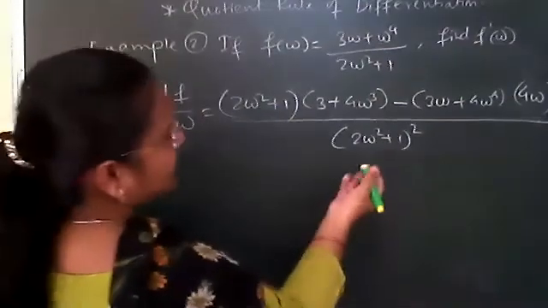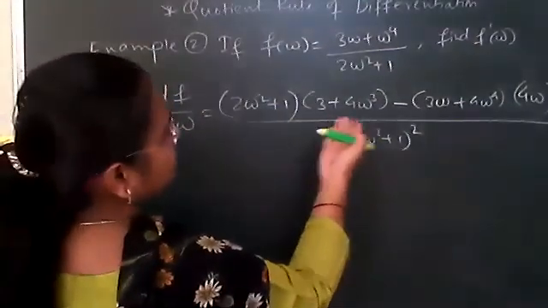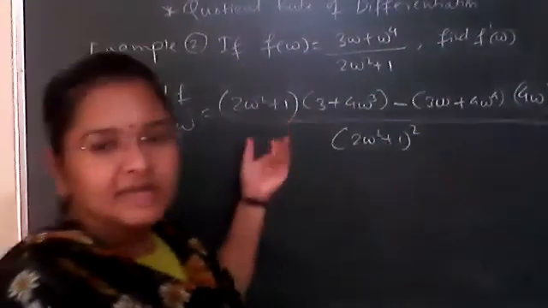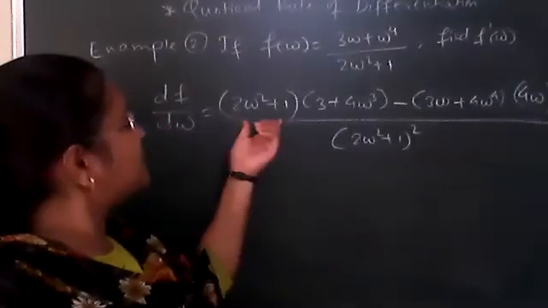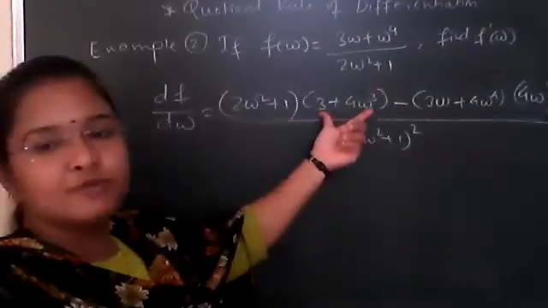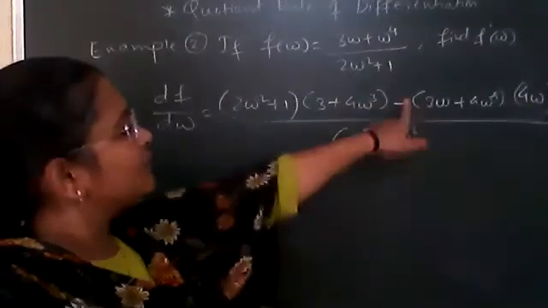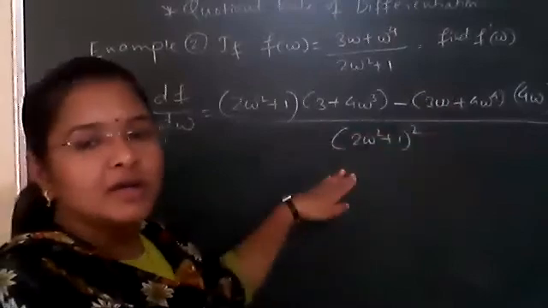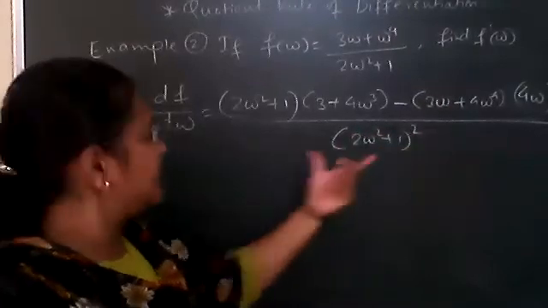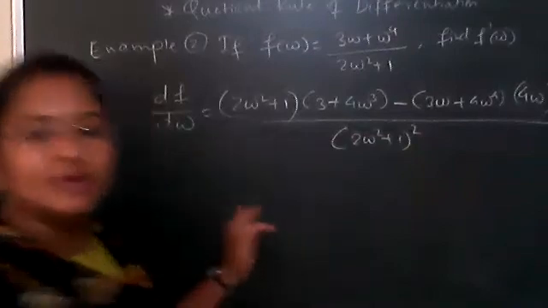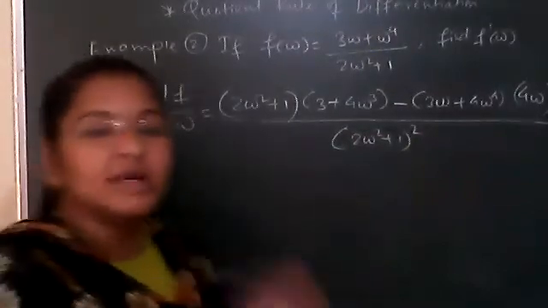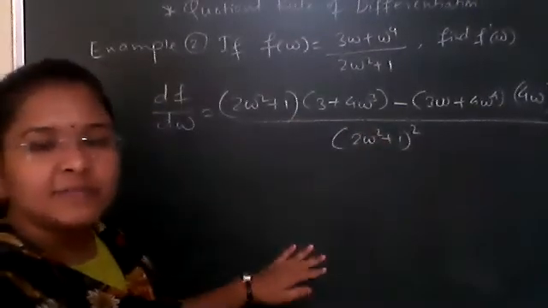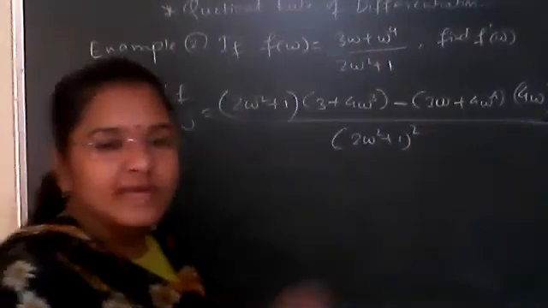So here we cannot take out, there is no common term here. So the derivative will keep as it is. It is 2w square plus 1 in bracket 3 plus 4w cube minus 4w into 3w plus 4 times w raised to 4 upon 2w square plus 1 its square. Okay. So if the question is coming for more than 2 marks, that is for 4 marks, you multiply these brackets and simplify. Okay. Any doubt in this? So we'll take a third example.